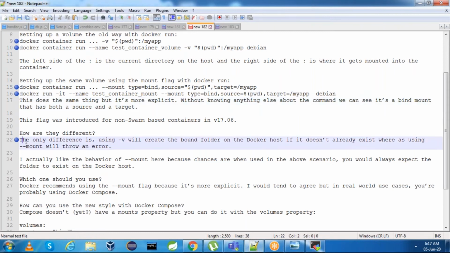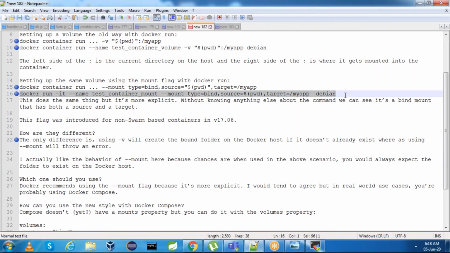The only difference between -v option and --mount option is -v will create a bind folder on the Docker host if it does not already exist. Whereas using --mount will throw an error, because you need to make sure that folder is there before you use bind mount. Let me run this command.